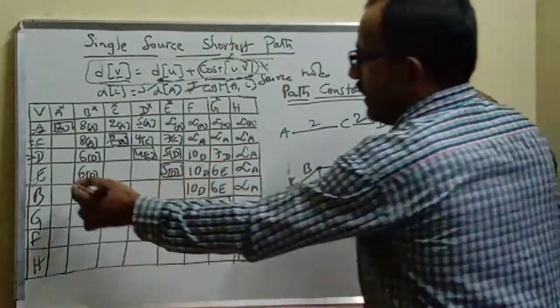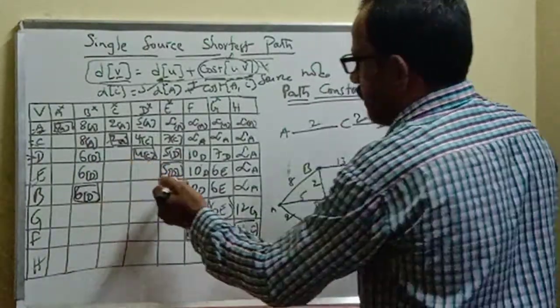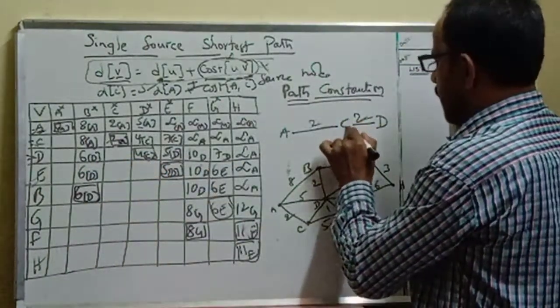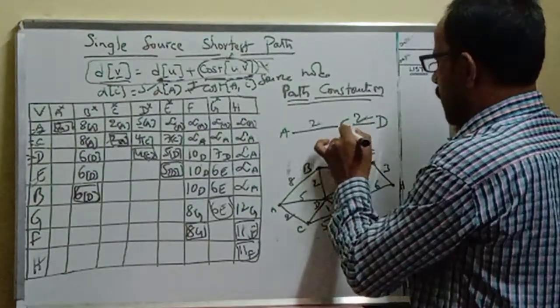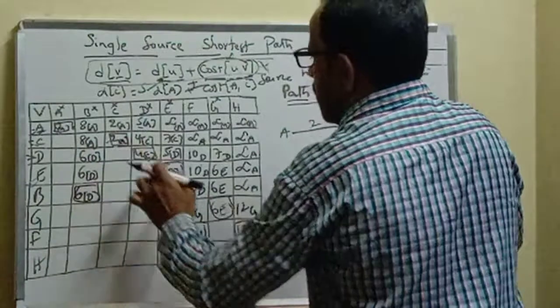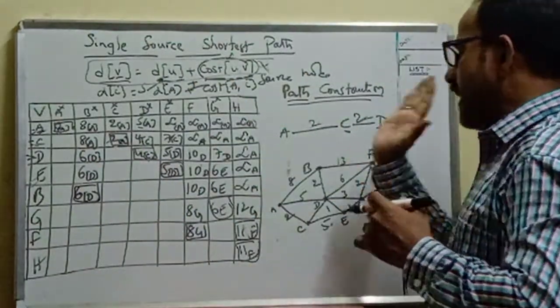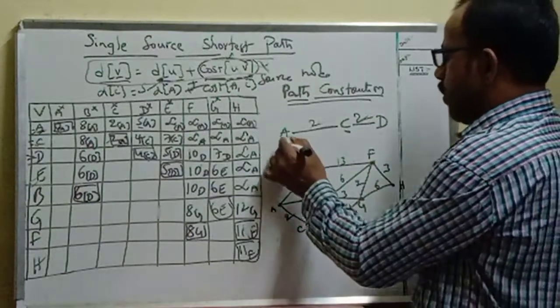Because if you go to the D row, one number is boxed and that particular number is subscripted with C. Then we can immediately say that D's previous node is C. Then go to the row which is represented with C. Then one number is represented in a box, and the subscript is A. But our target is to go back until reaching the source node. Now A is the source node, so now we have reached it.